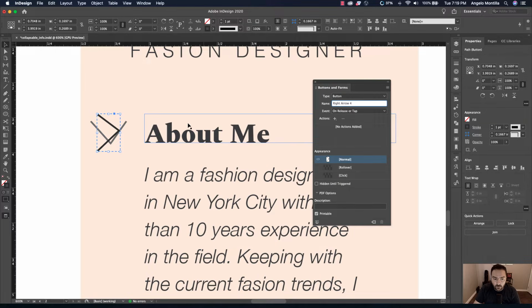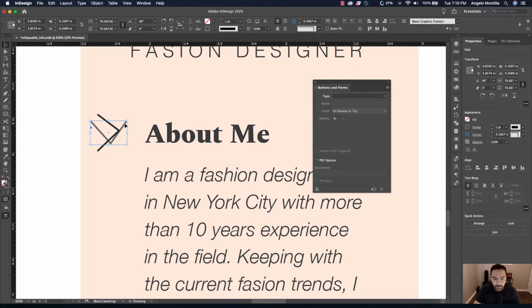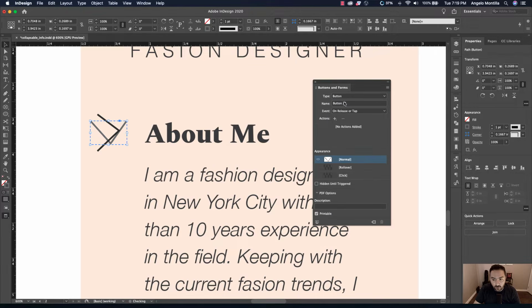So right arrow 4, and I'm going to click on the down arrow, turn that into a button as well. And I'm going to call this down arrow 4. So if you were just starting from scratch, you wouldn't have to add the number, unless of course you're adding more than one of the same elements, in which case use numbering to eliminate any confusion.